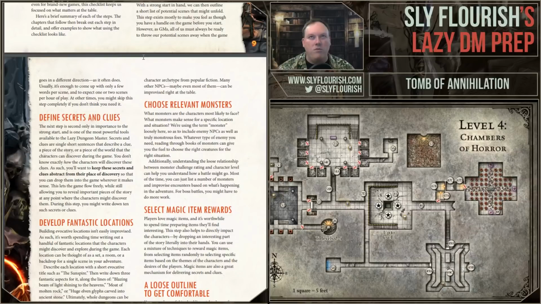Outline potential scenes. If you need a list of scenes to help you kind of feel prepared about what's going to happen, this is...